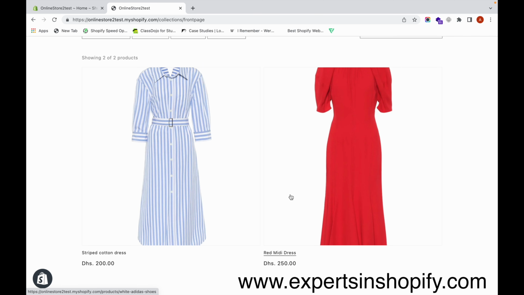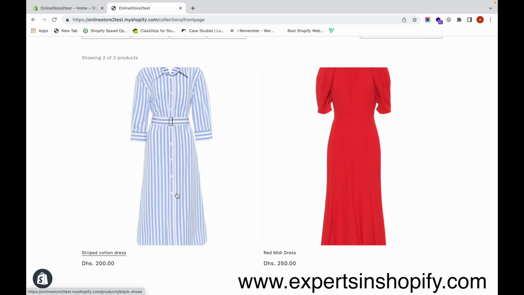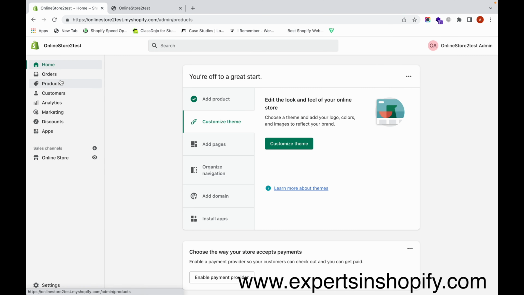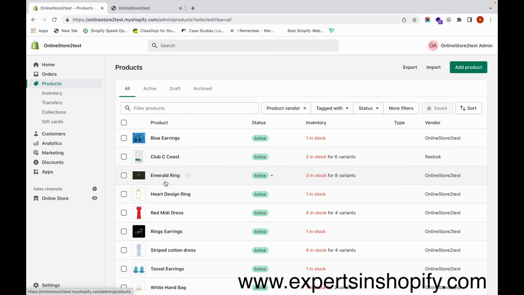So we are going to add a sale price for this particular product. For this product, now we are selling at a price of 200 dirhams. Now we are going to offer a sale for this product, and we are going to sell it for 150 dirhams. So what we have to do is go to the admin panel, go to the products,